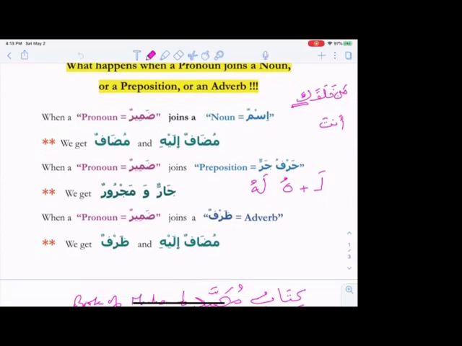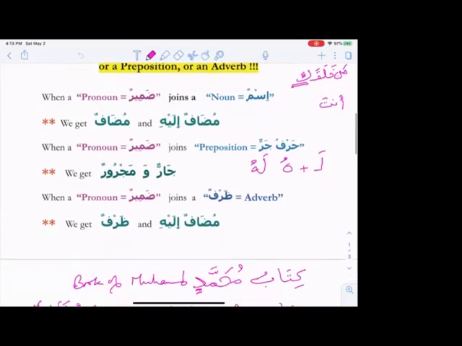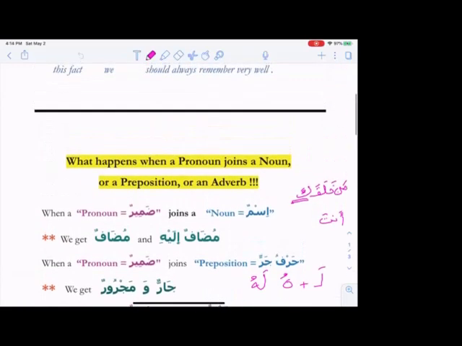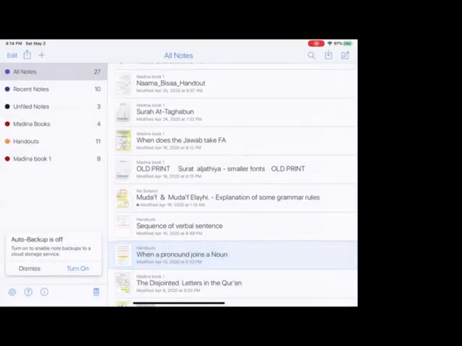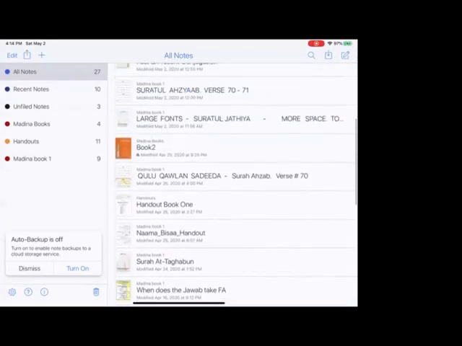Okay. When a pronoun, the damir, joins a zarf, adverb, what do we get? We get zarf and mudaf ilayhi. That's all. Zarf and mudaf ilayhi. Okay. So my brothers and sisters, this is where we come in